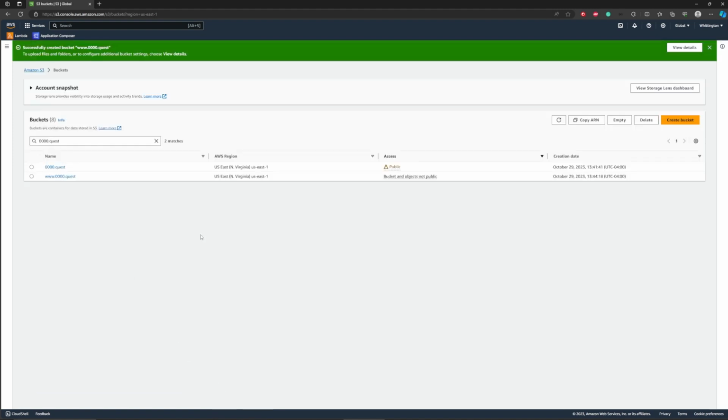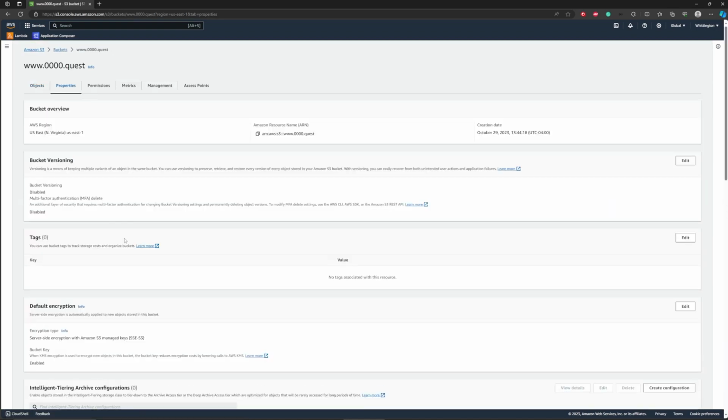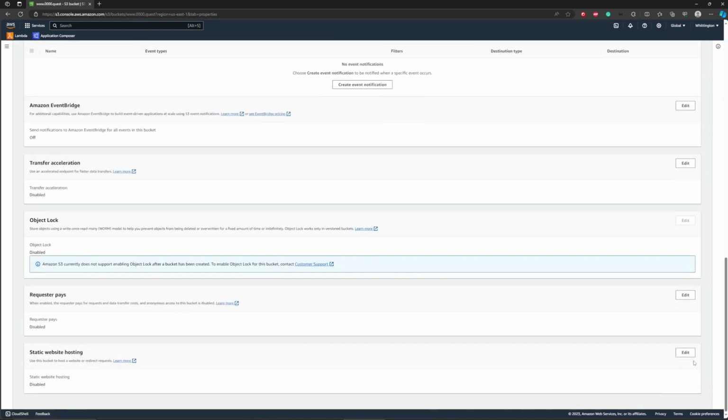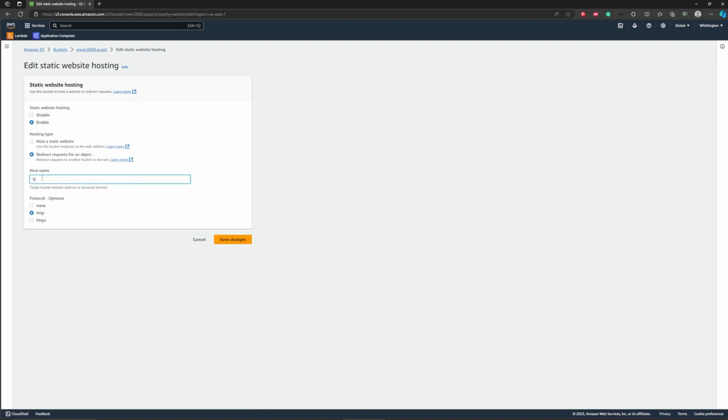All right, so we're going to go ahead and leave that. And now we're going to have to configure this one more time. We're going to go into properties, and scroll all the way to the bottom, enable static hosting. Like I mentioned earlier, we're going to use a redirect here, and we're going to switch this protocol to HTTP,